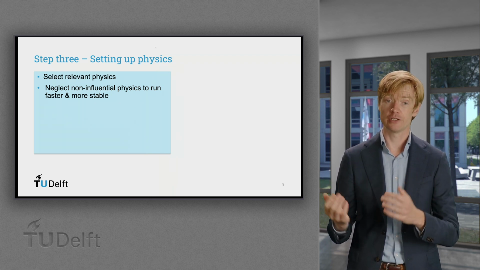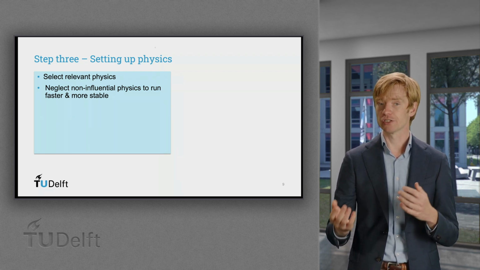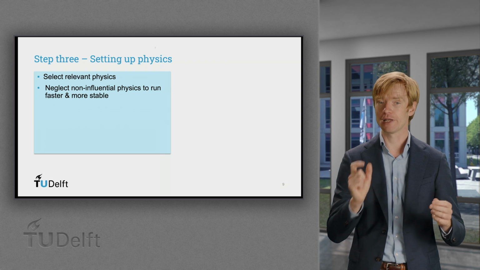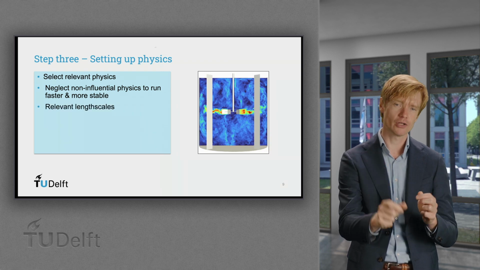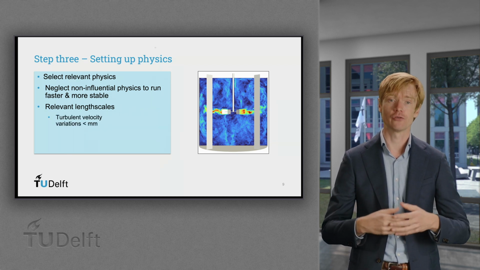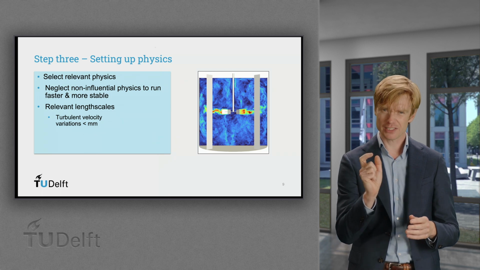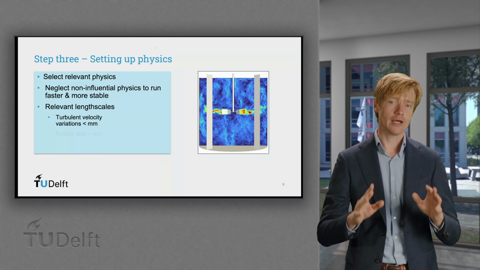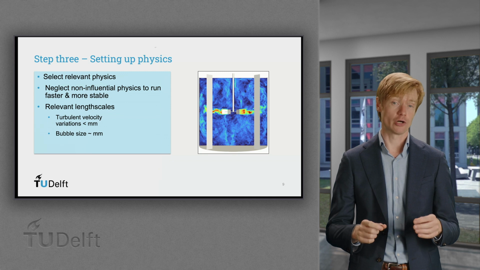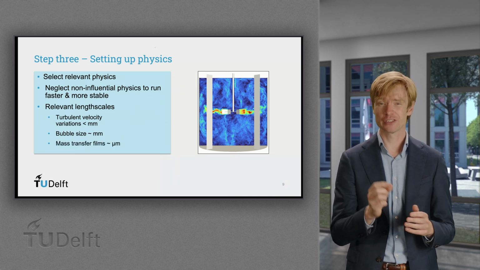In addition, many different models may exist for a certain physical phenomenon. This is because many physical phenomena occur on length scales that are much smaller than the size of the reactor. The flow in the reactor is often turbulent, and the turbulent velocity variations occur on scales of less than a millimeter. In aerated processes, the bubbles are also measured in millimeters, and the film through which mass transfer occurs is